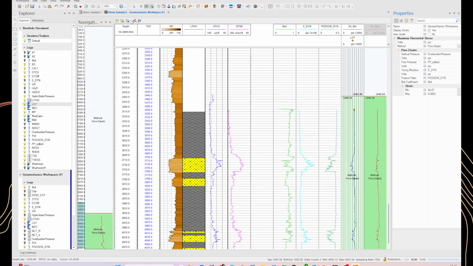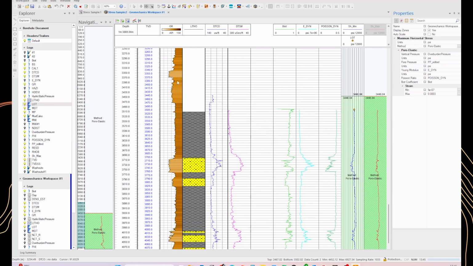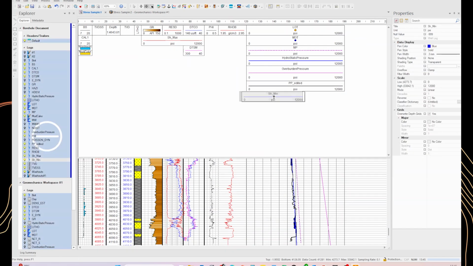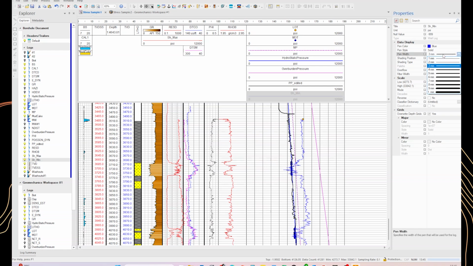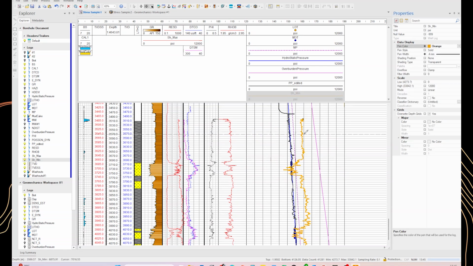So once we're happy with the output of the SHMIN, SHMAX, we export them to the borehole view. We display the output alongside the other stresses. We change the color of the curves, and this is how we calculate all the stresses in WellCAD.